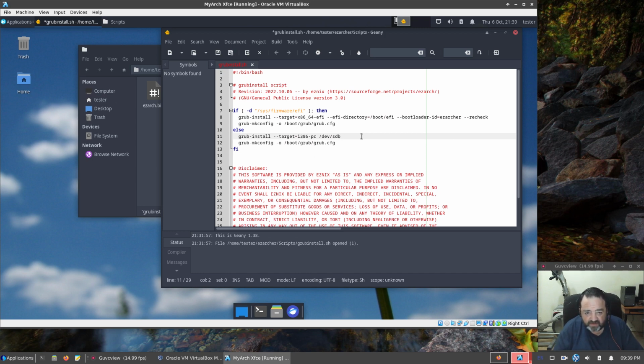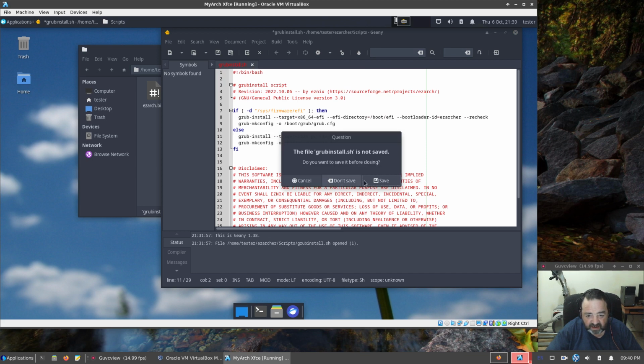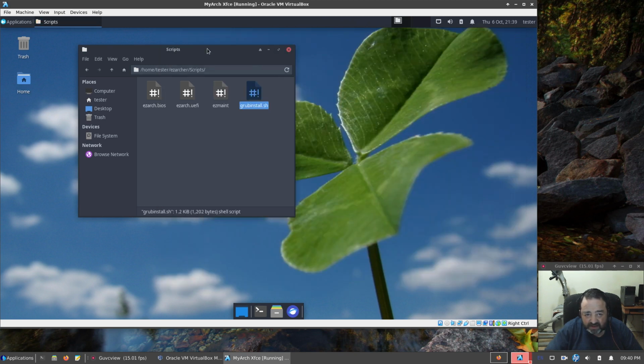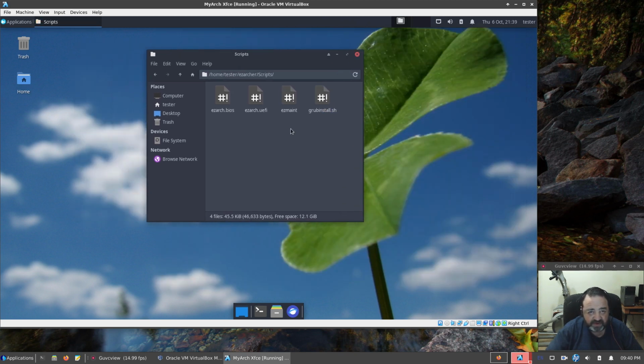There you go. Bob's your uncle. You're all set. Now this is a non-writable file, so I can't do that, so don't save. So that's why I chose the root file system for the test. Now,